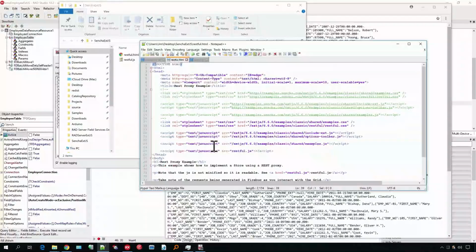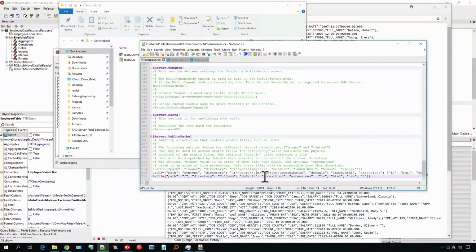The HTML file is from a sample that's included with XJS; I should put a link to where I got it from. You can use it either pointing to the samples online, although the fonts won't load if you do that, or if you install XJS locally, then you need to